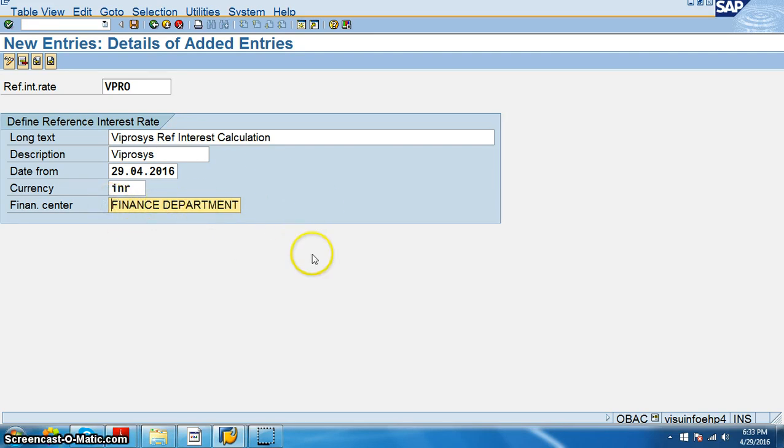Okay, we are giving all these details here in the reference interest calculation. Please remember this reference interest calculation what we have here. So VPRO, say OK, save it.